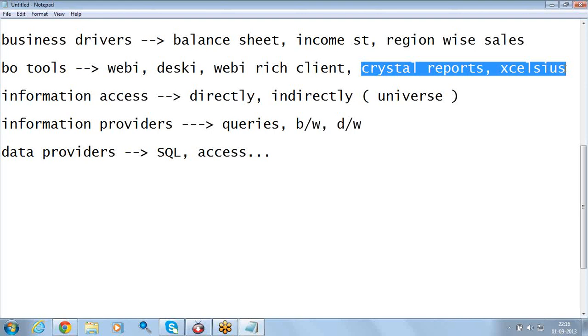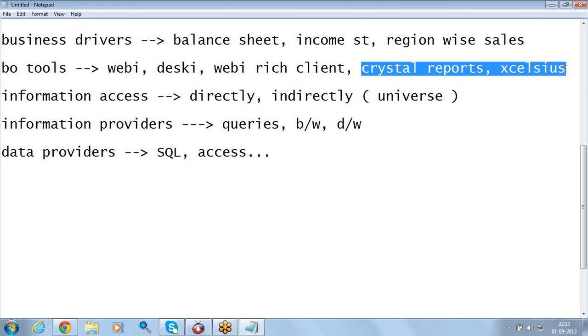In the Web Rich Client, we can directly write the queries, and I can generate the reports without the universe.